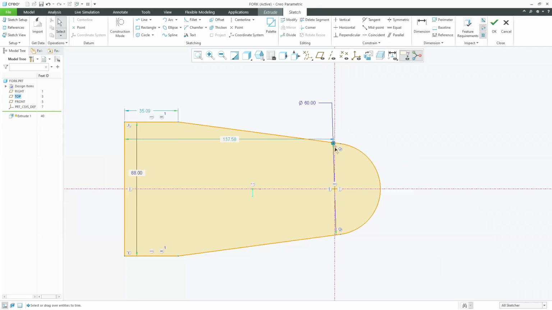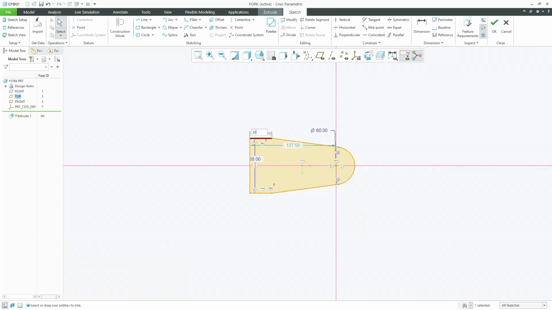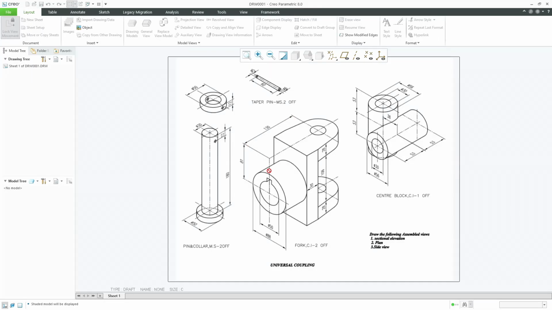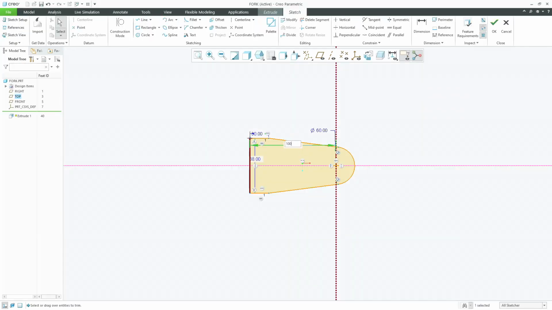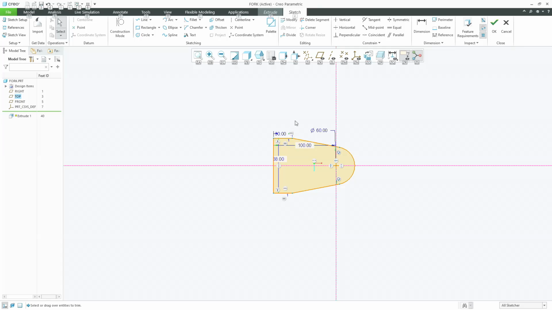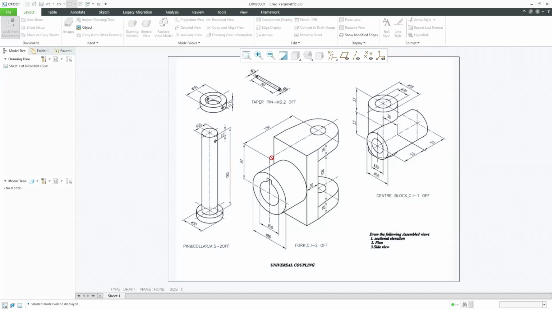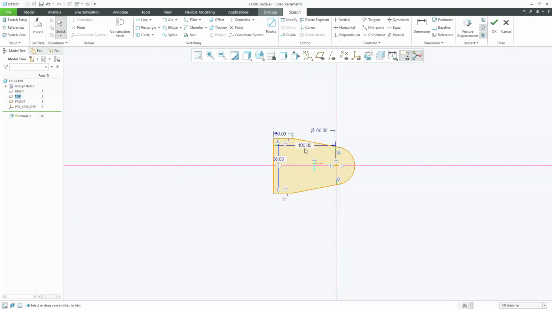Next we are going to define the horizontal lengths. The total length of the coupling is 130. The shaft center line is from 100. I'm going to consider this value as 100 so that I have 30 mm extra distance for the length of the shaft, or else we can take 50 as the length of the shaft. So this value will be 130 minus 50, which equals 80. So this looks fine. These are the dimensions which we constrain for the first step of the universal coupling